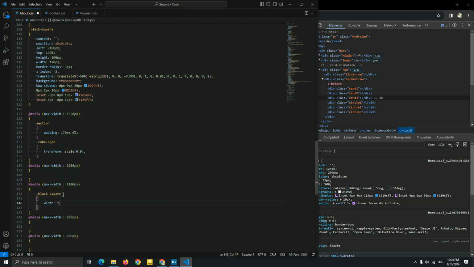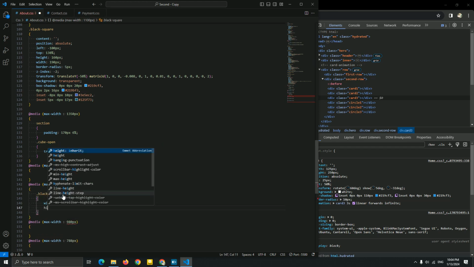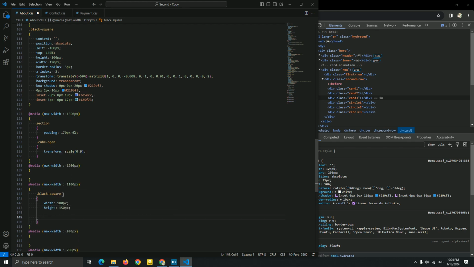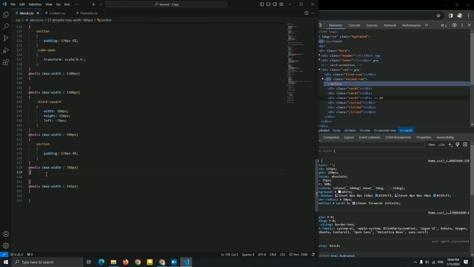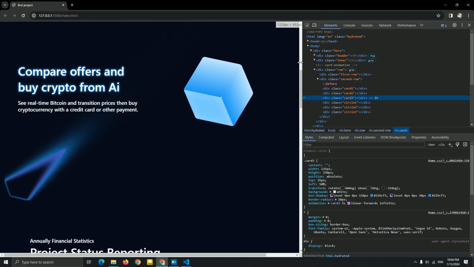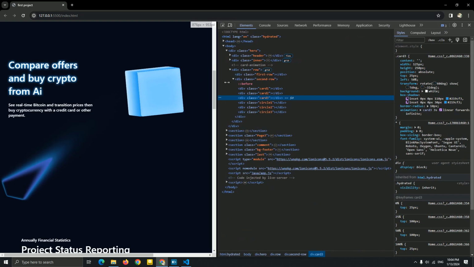I'm gonna add width 180 pixel, height 150 pixel, and let me add the left minus 70 pixel. Okay, next media, just gonna copy this section for the next media, paste it. Let it be 4%. Okay, let me see. This is good.